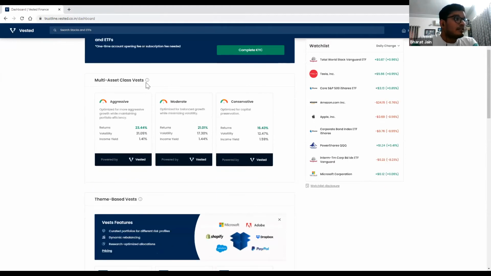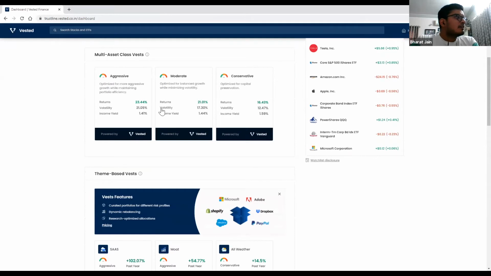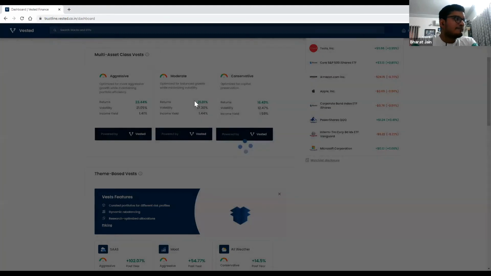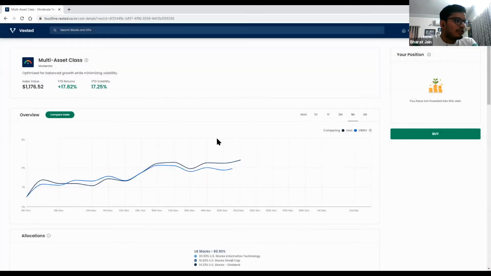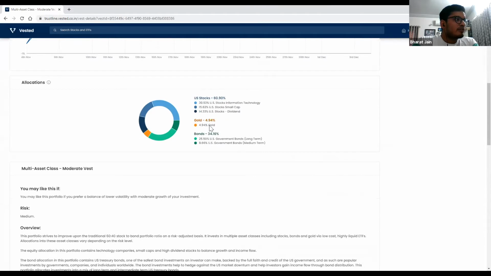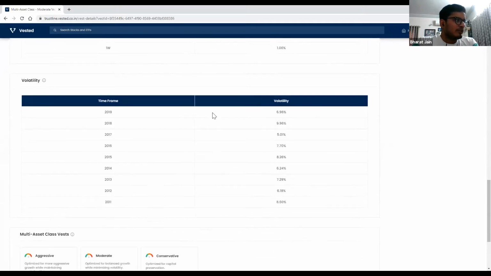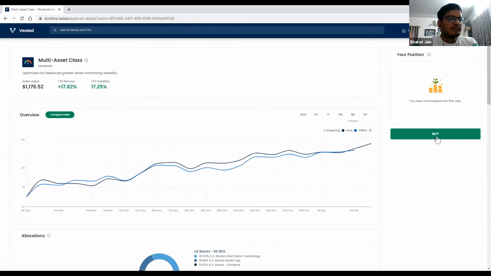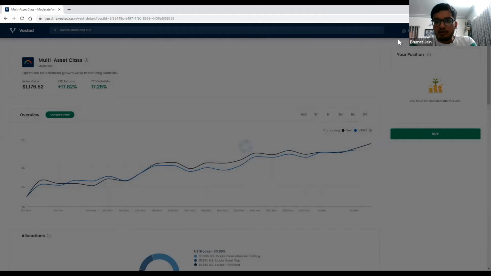These are the vests. If I scroll down a little further, यहाँ पर आपको vests जो portfolios में बोल रहा था वो दिखेंगे. So multi asset class जैसे मैं आपको बता रहा था, these are aggressive, moderate as well as conservative depending on your risk profile. You can just click on it, let's say a moderate vest, and all the details would be available to you. So US stocks में आप invest कर रहे हो तो कौन से ETFs में कर रहे हो, गोल्ड में कौन से ETF and किस proportion में, as well as bonds में तो which bond ETFs, as well as the allocation. We have given our reasoning as well. You can read over here all the details. Whenever you're satisfied, just click on buy, and with one click you can buy